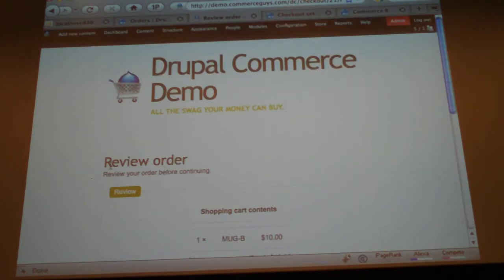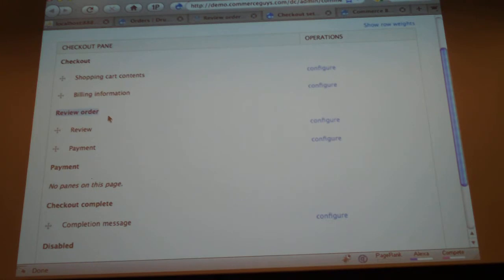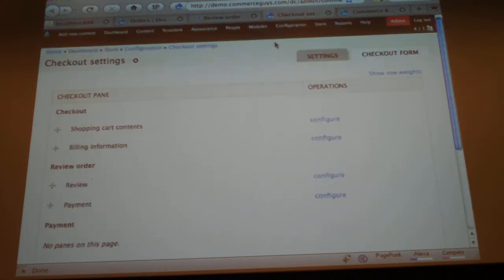So now I'm at the review order page. You can notice there's a review order page here that should have a review pane and a payment pane, which we do, review and payment. But even better,